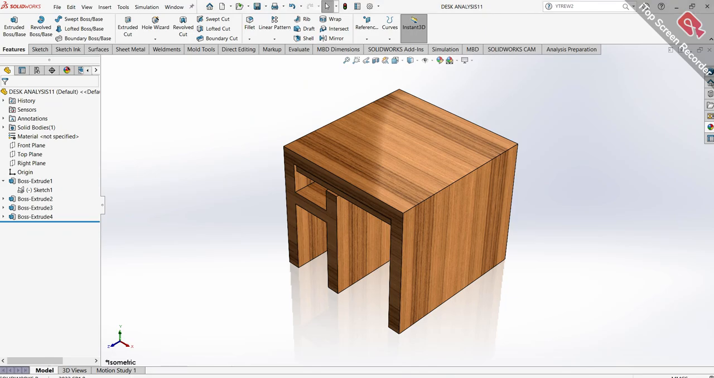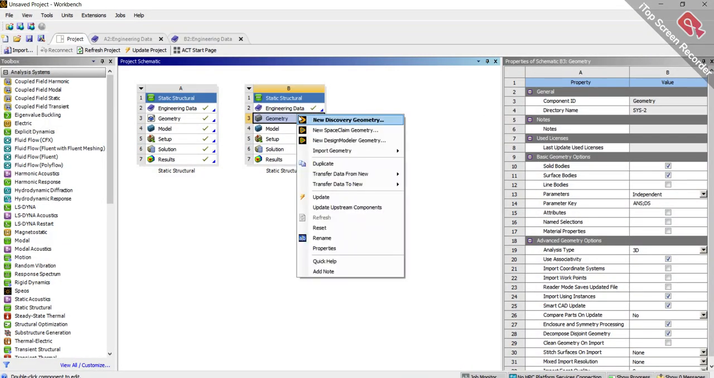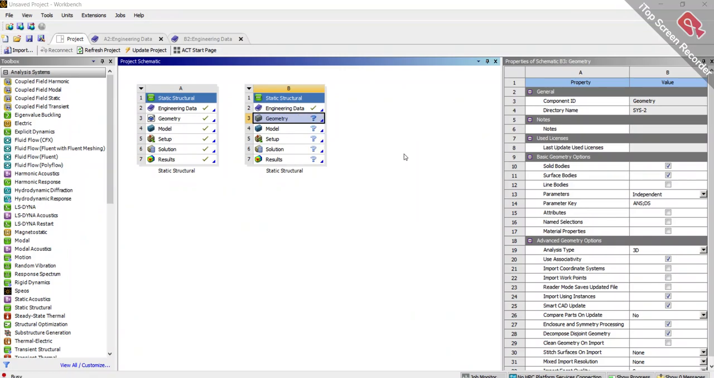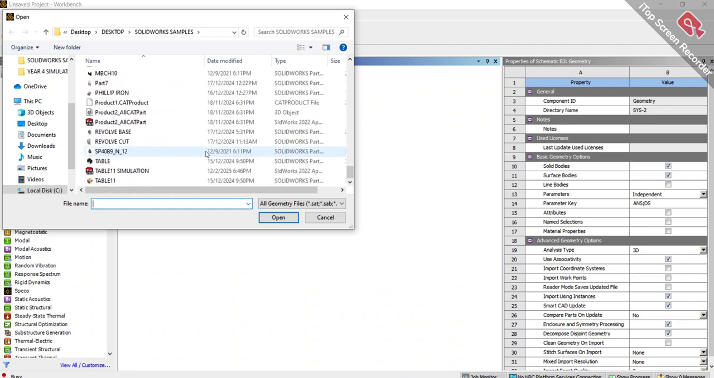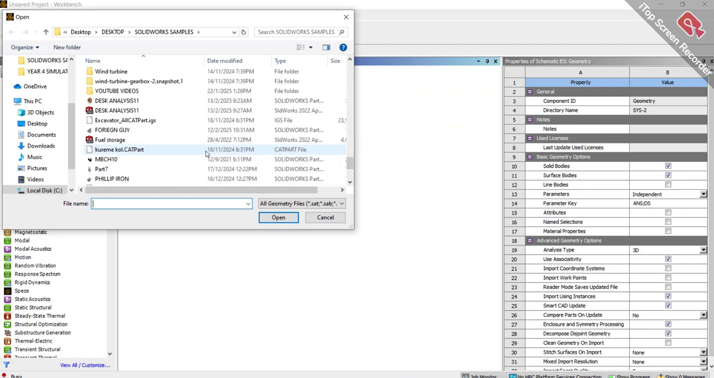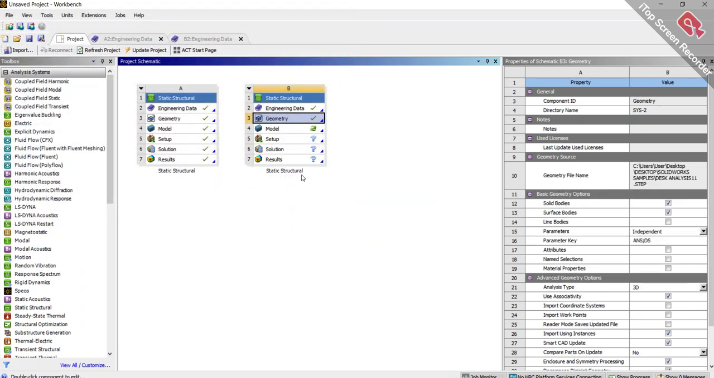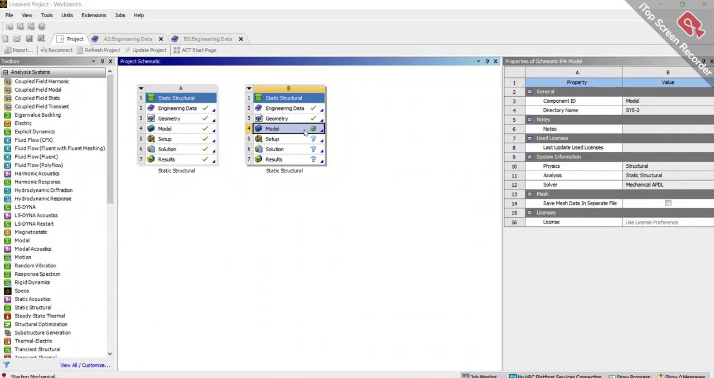Now I come to the Workbench, right click on Import Geometry, and come to Browse. I'll look for the Dex 1.1 analysis, click here, click Open. Then I'll double click on the model. It takes time for the model to open. So while I'm waiting,